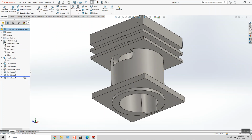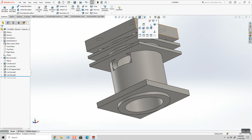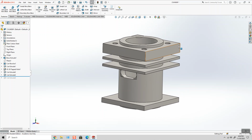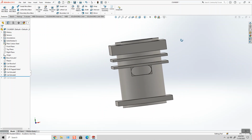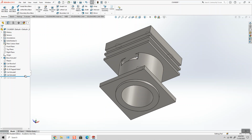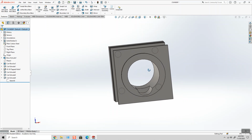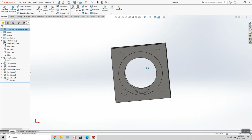Okay, the last cut for the cylinder is on the bottom. So if I put my isometric view and we look and we say, okay, well there's the top, there's the front that has the slot feature. View CC, according to the print, is going to be at the bottom. So what I did was I sketched the shape on the bottom and extrude cut it up into the part 450 thousandths. So looking at the view from the bottom,